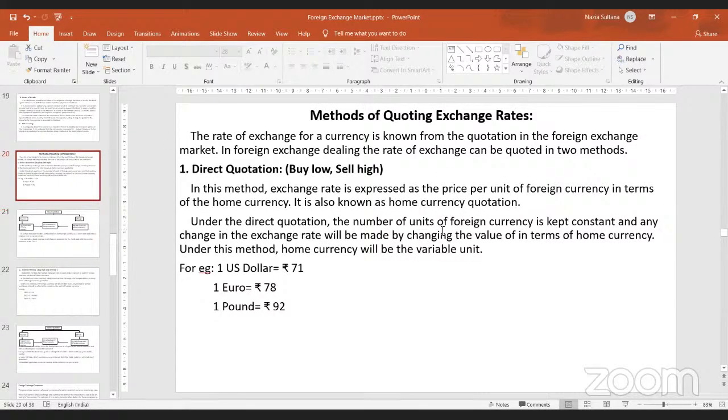The first method that you use for getting the value of your foreign currency in terms of other countries' currency is your direct method, direct quotation. So here, whatever is the price of the foreign currency for 1 unit of foreign currency, that equation, equating your currency with the currency of the other country, unit wise, is called your direct quotation. So, like today, these are just randomly taken rates, they are not current prevailing rates.